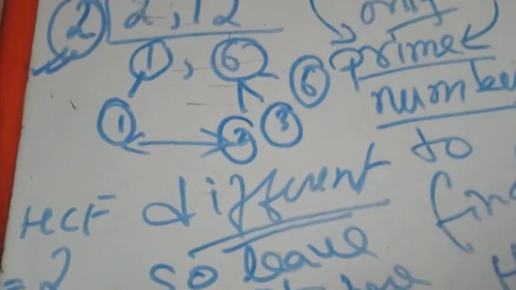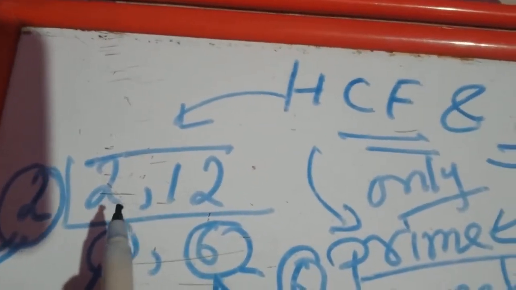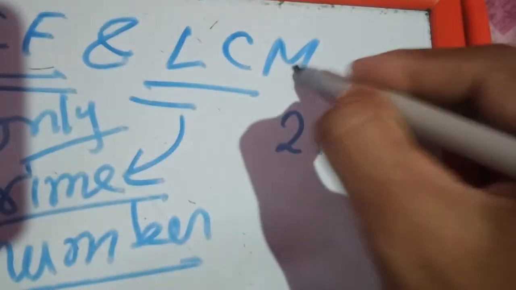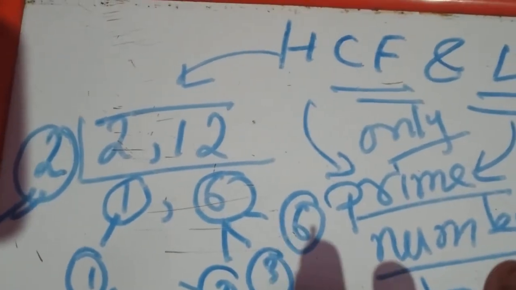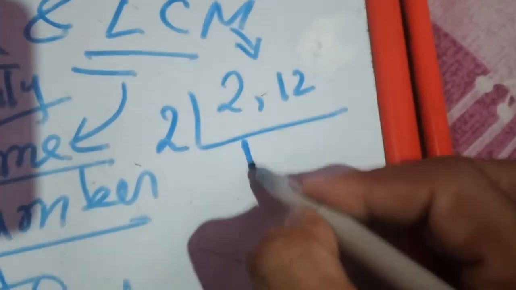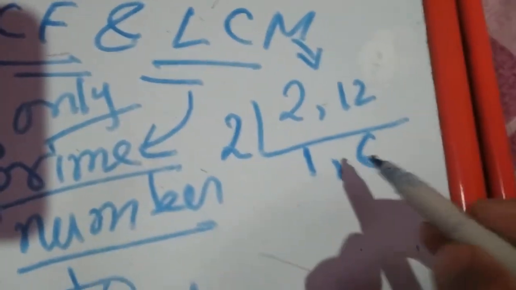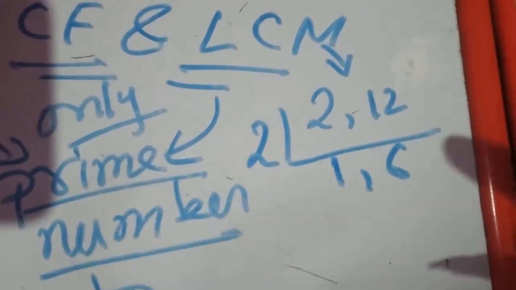Okay, now we are going to do the same numbers in LCM form. See, we write 2 and 12 and we are going to do LCM. The same process we do up to this point as we have done in HCF, but there is one more step that we need in LCM. We divide by 2, since it is an even number, and get 1 and 6. In HCF we left it here, but in LCM we will not leave it here. We are going to continue the division.